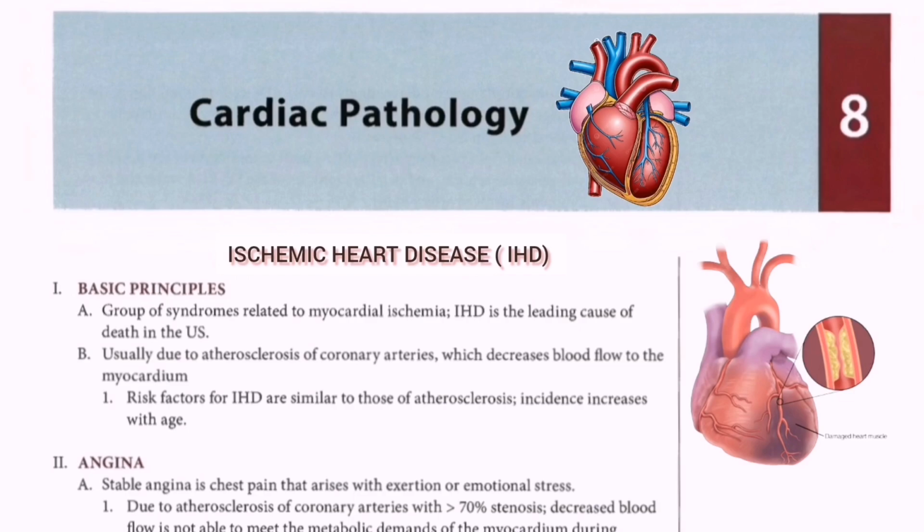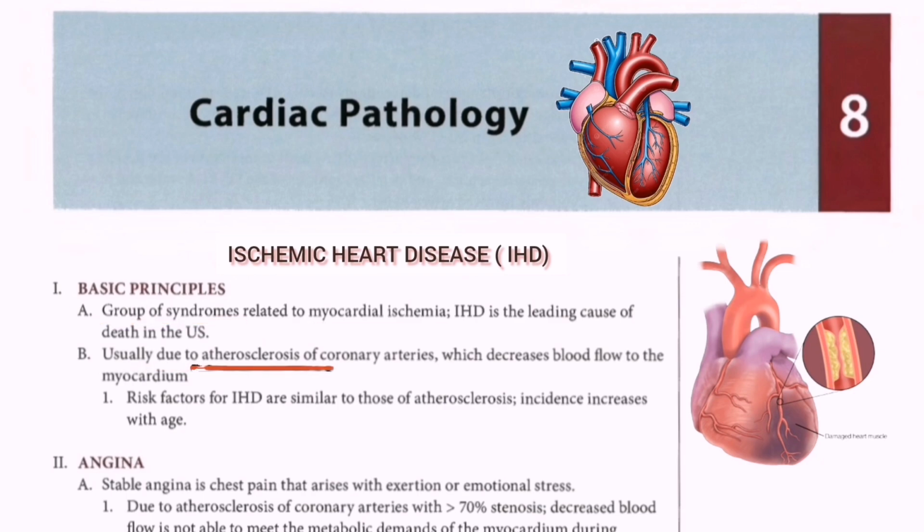So the next section is the cardiac pathology, and the first condition in the cardiac pathology is ischemic heart disease. Ischemic heart disease is a group of clinical syndromes caused by myocardial ischemia, where the oxygen supply is unable to meet the myocardial oxygen demand. It is one of the leading causes of death worldwide, and is most commonly caused by the atherosclerosis of the